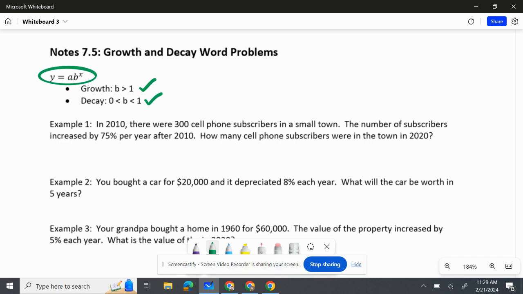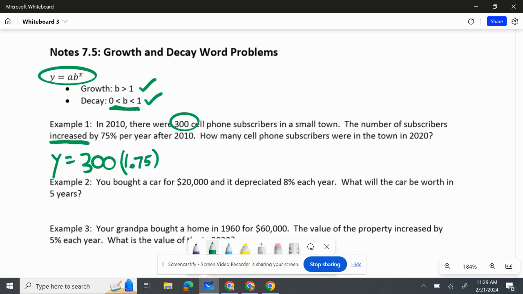So with the first one, it says in 2010, there were 300 cell phone subscribers. So that's our initial value, y equals 300. That's our A value. The number of subscribers increases by 75%. Now, a lot of students will want to put 0.75. This is incorrect. And the reason why is this is increasing by 75%. Decay is in between 0 and 1, but growth has to be over 1. So our growth is